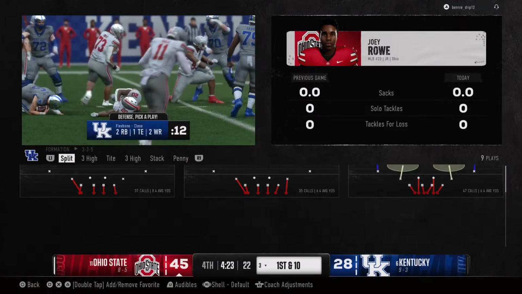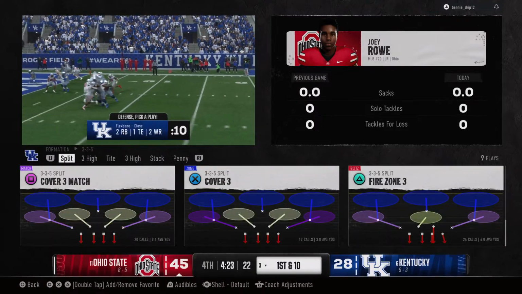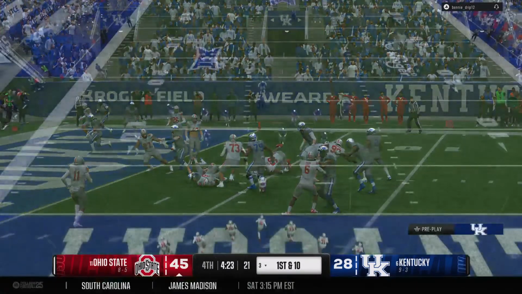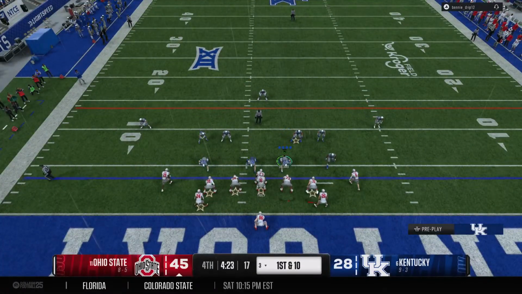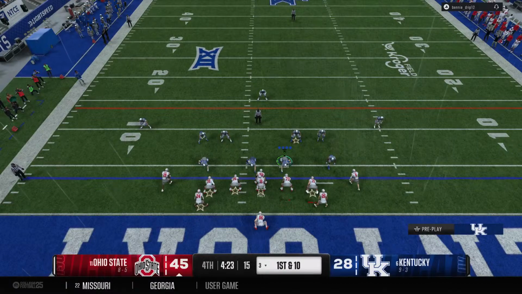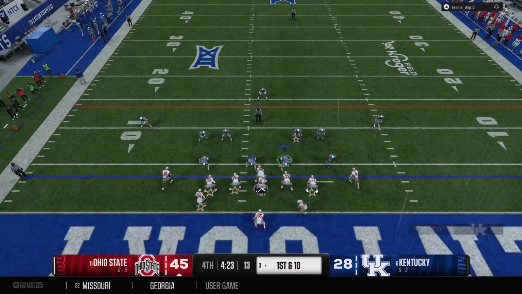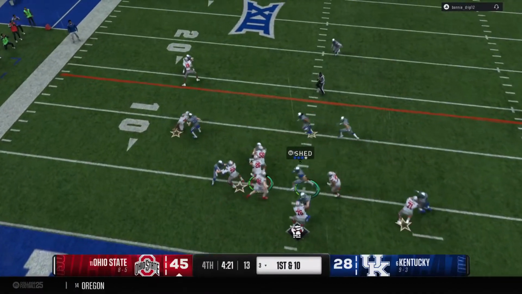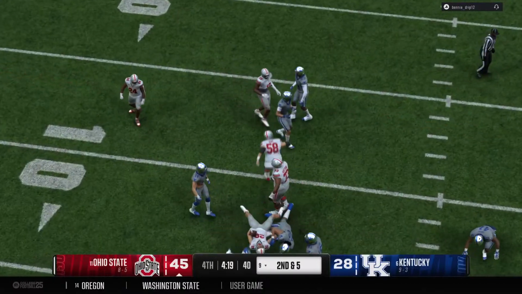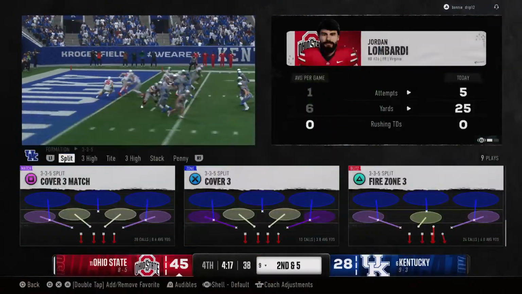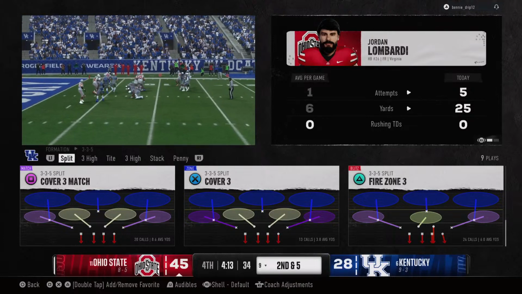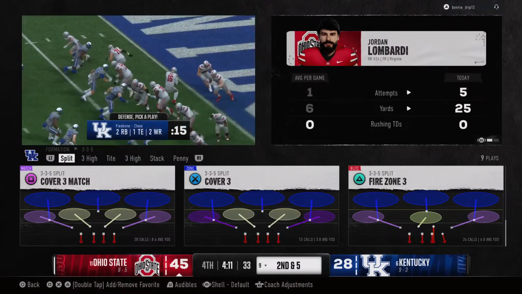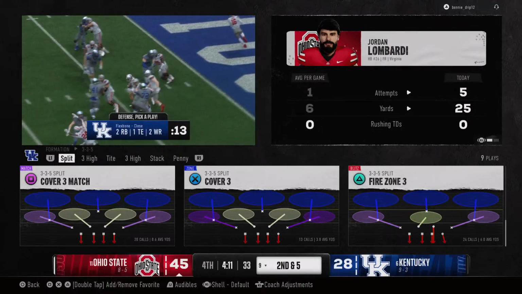Chris, how about this? The offensive coordinator decides to run the quarterback on a designed run to try to catch the defense napping, but the defense was not having it at all. Waiting for that play to be run, comes up with a nice stop to get the ball back. Ball handed off. Able to fight for a decent gain here in that running play. Hey, you got to do what you got to do. You got to rely on that offensive line in the running game here to be able to secure a victory. Good call, and just keep working that clock.